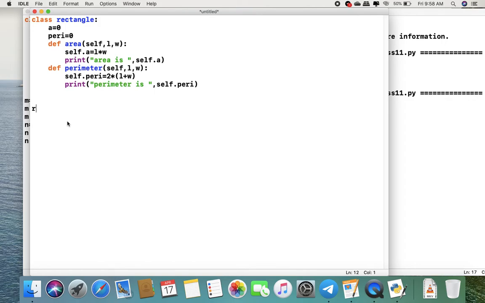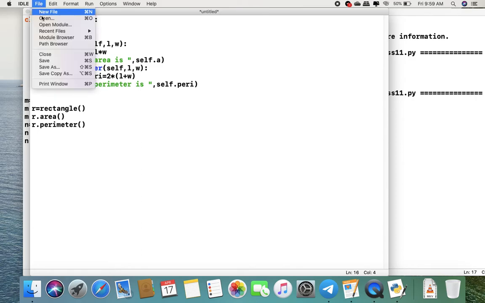I will create r equal to Rectangle, then r.area, and the second method is r.perimeter.